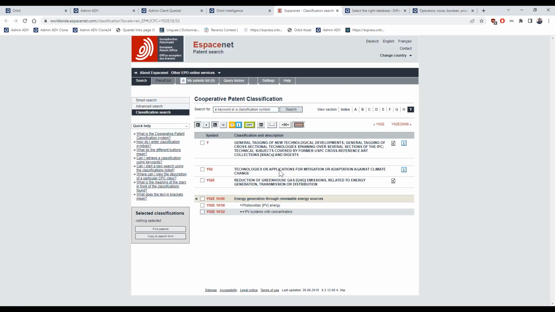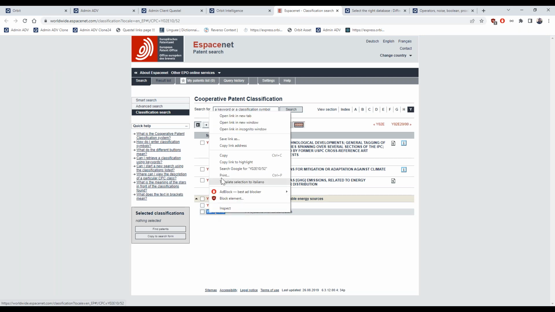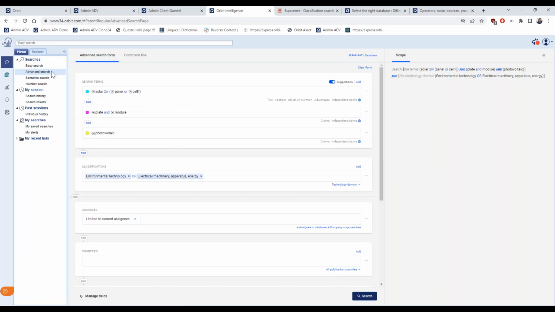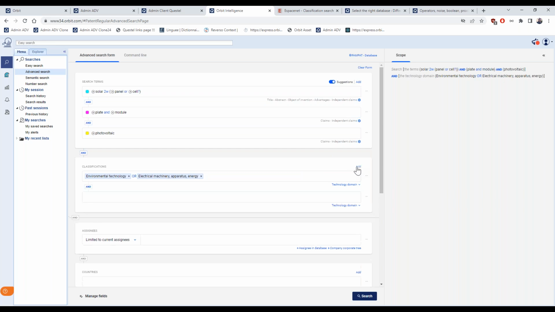Now I take this one as an example. And I go back to my advanced search. And instead of, or maybe in addition to, I would now maybe select a precise class.